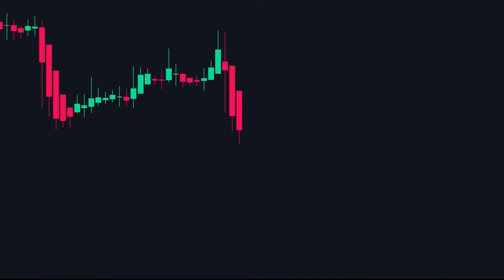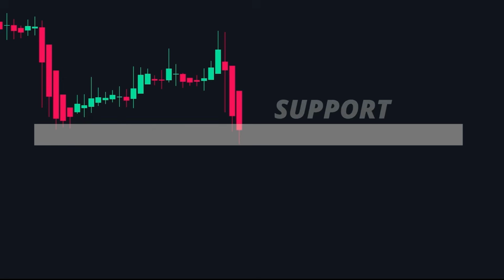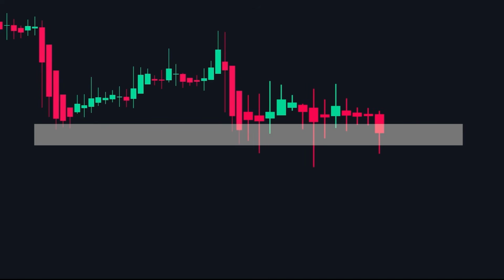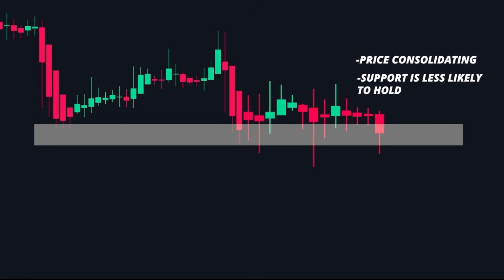In a breakout trading scenario, the price had previously reversed upwards around a specific area that we designated as support. When the price returns to this support level, we expect it to find support and climb higher. However, we see that the price is beginning to form little doji candles, indicating consolidation and a lower possibility of the support holding. This means that we may see a violation of support.